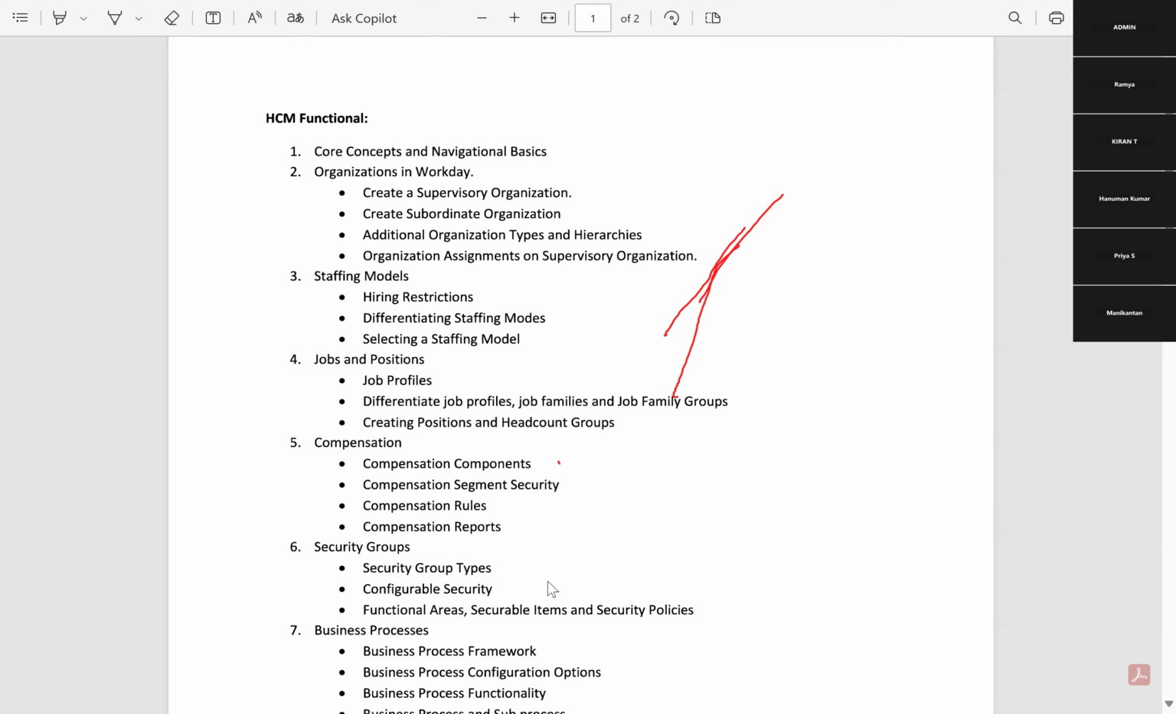Okay, compensation. First we'll have an overview, guys. What is compensation? What are the types of compensation we have in Workday? What are the five compensation-specific business processes we have in Workday? What are the dependencies of compensation on the four modules in Workday? First, we'll have the overview, and then we'll talk about